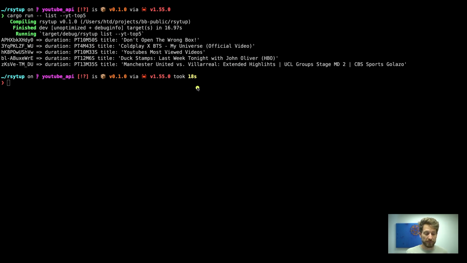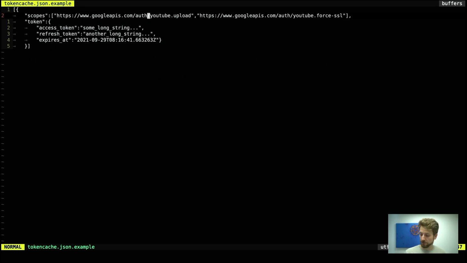Now let's go over what happens if we do not have a token cache. So we can see that we have a token cache. I can remove that one. And we can actually look at the token cache quickly. Here you can see that the access tokens will be some long strings handed to you, and there's a refresh token. So if your access token runs out of expiry time, you can see here that there is an expiry